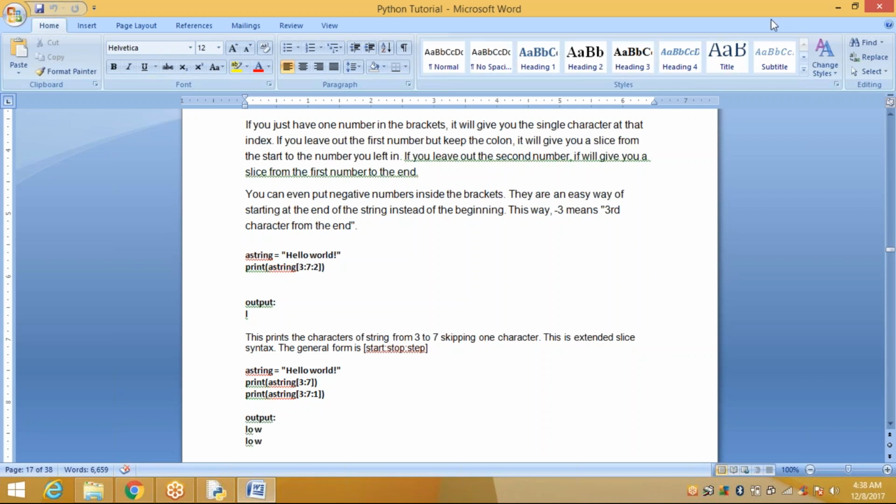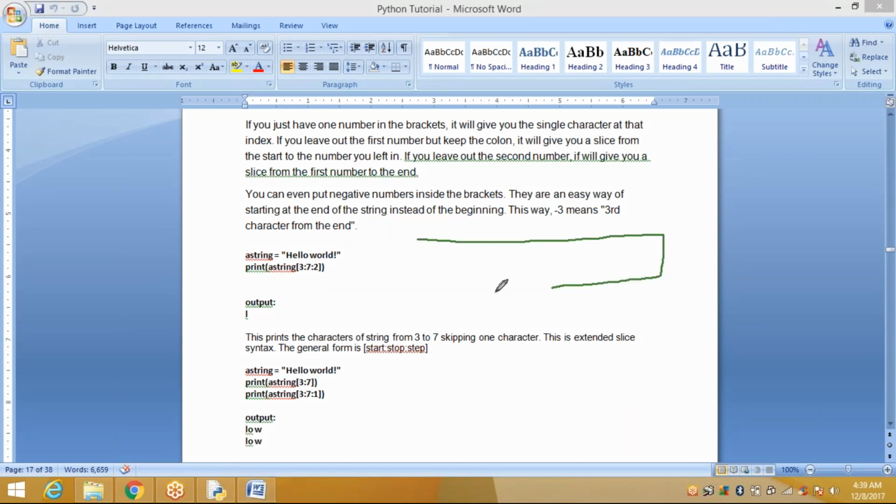How to apply this? See here, I have the string hello, H-E-L-L-O. By default, you have index 0, 1, 2, 3, 4.